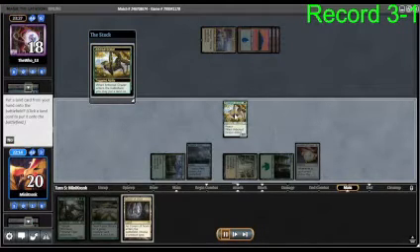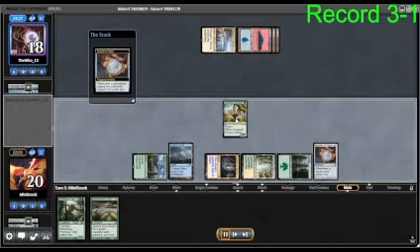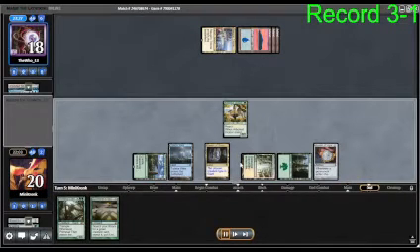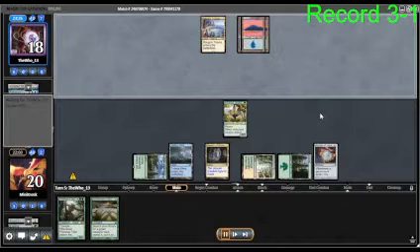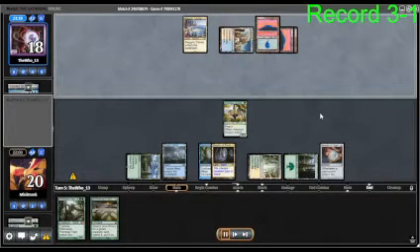Now, I play out the Cavern again here, and I think that was my mistake. I should have definitely just kept the Cavern in hand, because maybe he has another Spreading Seas. He's got a full grip, and boom, there he does. That's a fatal mistake there, because I could have literally just, the turn after, been